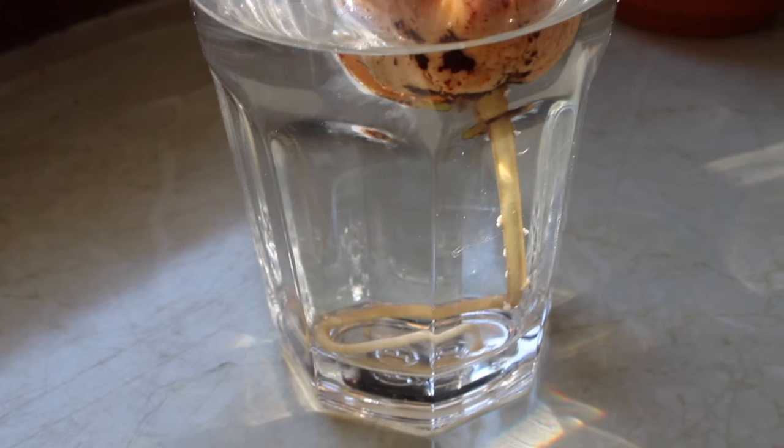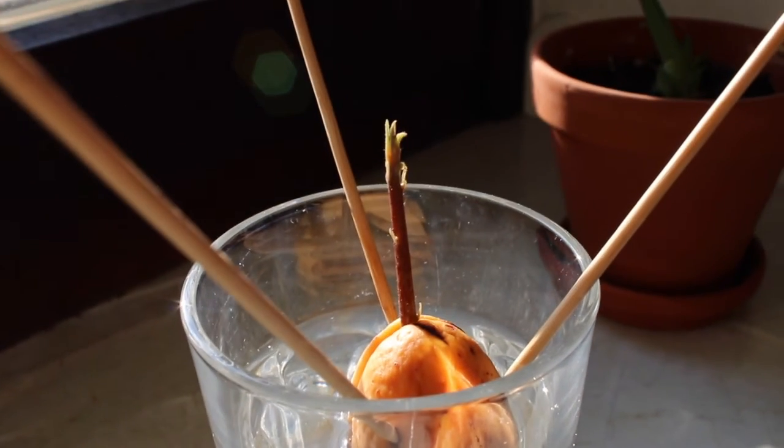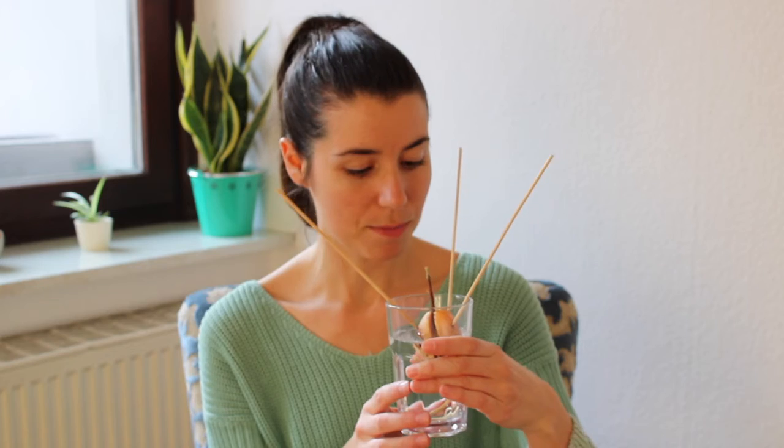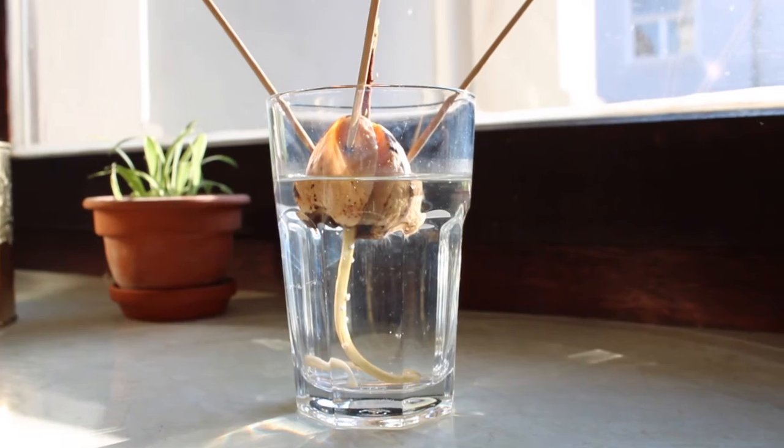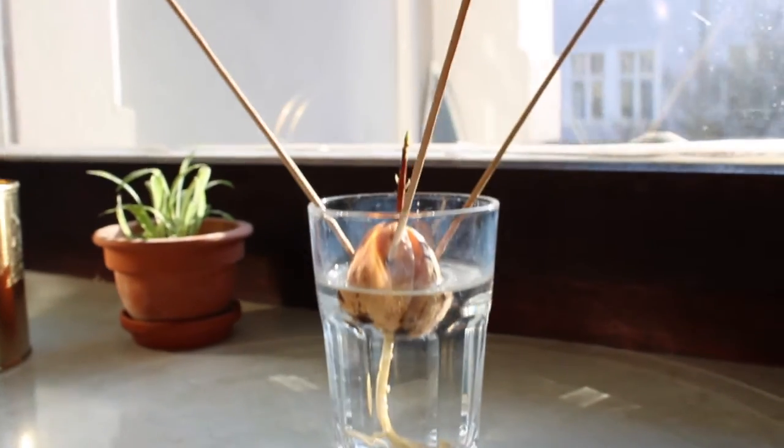This is a two-month update, so basically it's been two months since I first started tackling my avocado plant, or the pit, and this is how it looks. And you know, it hasn't really grown that much. I have to say that the root is very long. But the plant itself takes a lot of time, which is fine. Seems healthy, seems everything is fine, and I'm still looking forward to seeing what's gonna happen in the following weeks,